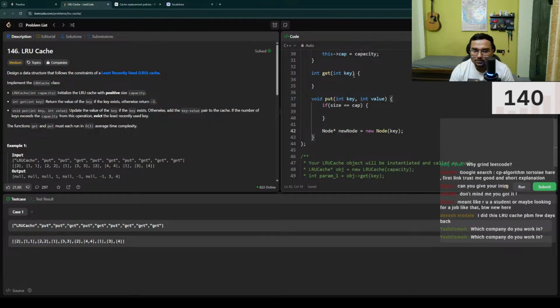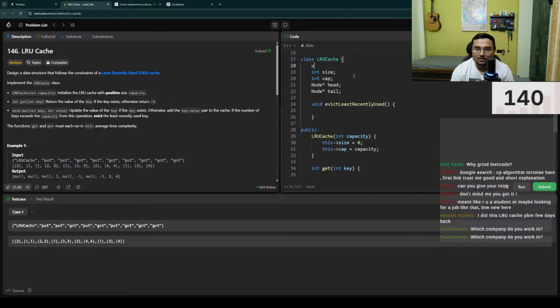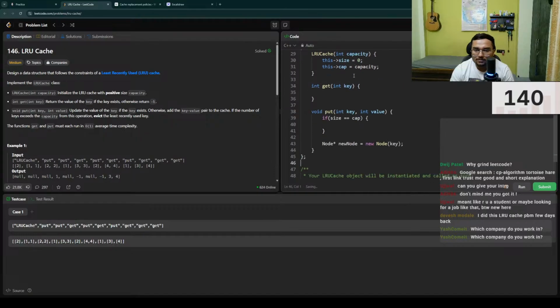We create a new node also. Okay, unordered map of int. This will be data. Now input operation, if size is equals cap,